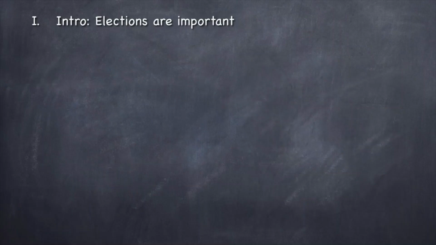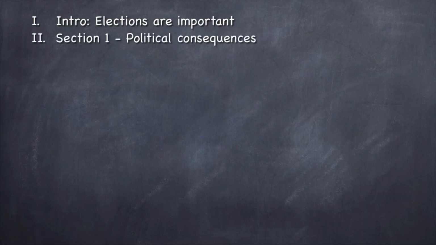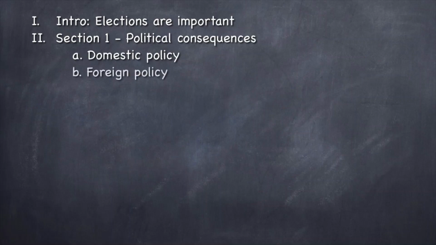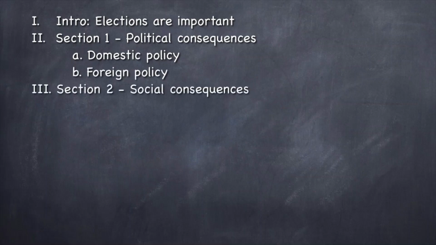In other words, let's create the actual outline the way you would have it in your document. First, the introduction. Elections are important. We know that. 2 is section 1 is going to be the first section of the body of the essay. Section 1, political consequences. And what are the subsections? Well, A is domestic policy, B is foreign policy. There's our section 1. Next, section 2,